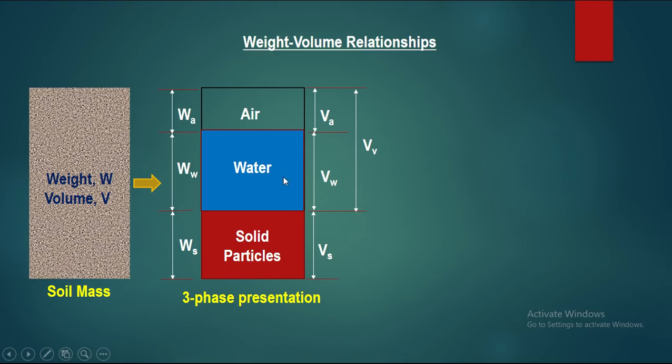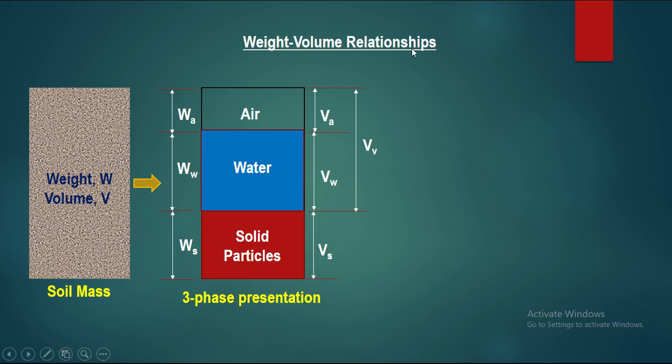And this volume of void, in this space we can bring the water between the void spaces here and put it here. So that would be your volume of water, and the corresponding weight would be weight of water. And the remaining portion of the void space would be filled with air, and the volume is volume of air, that is VA, and the corresponding weight, which is of course very insignificant, would be WA. So this is a three-phase presentation of a soil mass, and this three-phase presentation is very important for understanding